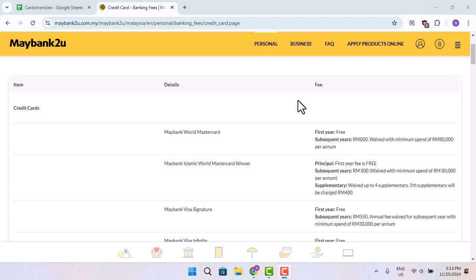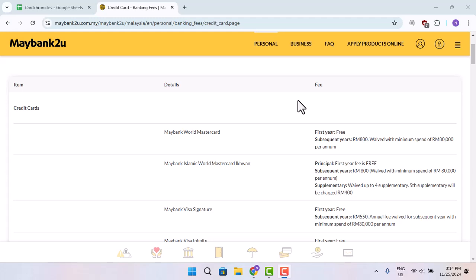In this video, I'm gonna let you know what the annual fees associated with Maybank credit cards are. As Maybank offers different types of credit cards, the annual fees and the other fees associated with them also differ. So to understand, you need to open up the portal where it's gonna show you the list of information regarding